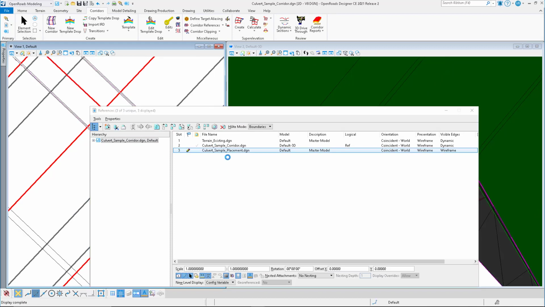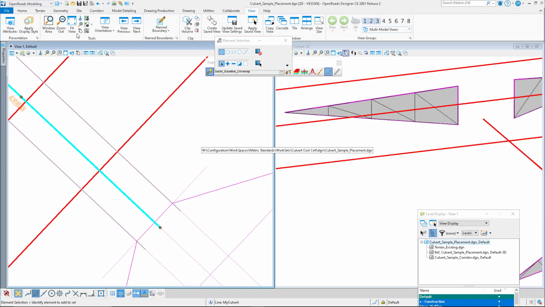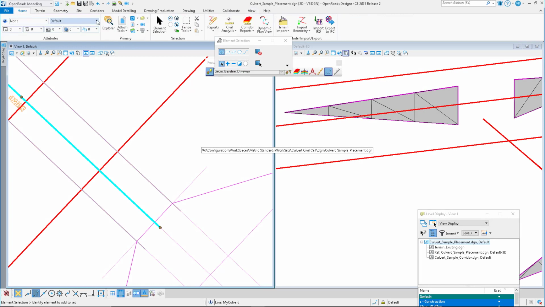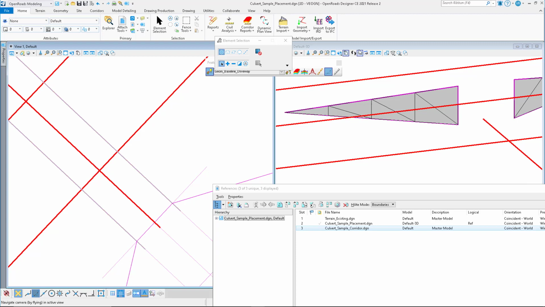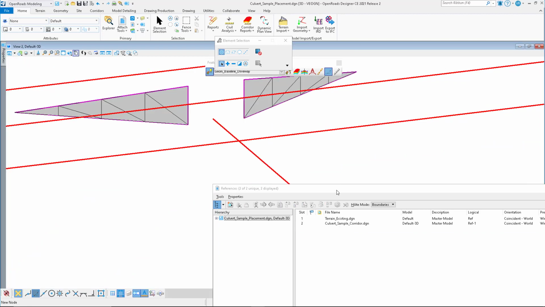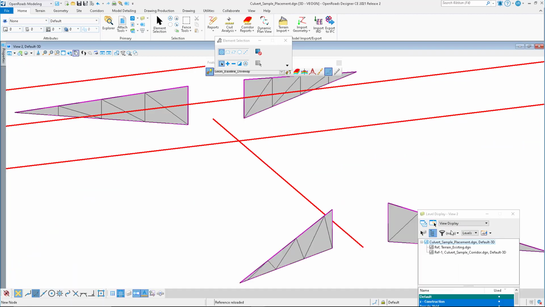The file is updated, the clipping is updated, and you can reload the file in your updated culvert with the updated clip from the corridor. And if we see this in 3D,